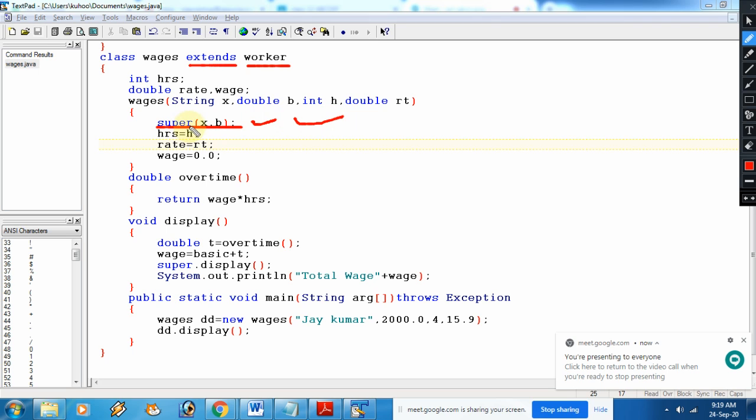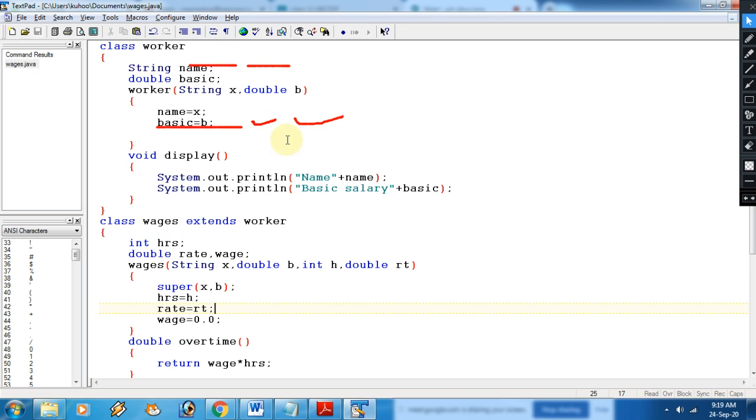So for calling the base class constructor, the super keyword is very important, and then the parameters. If in the base class there are no parameters, then here also we will not pass any parameter. Is that clear?